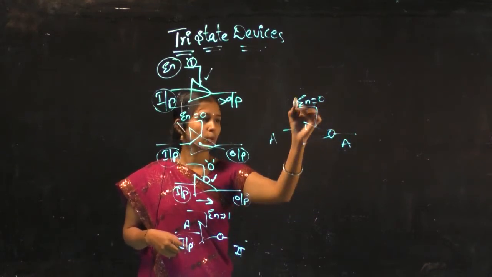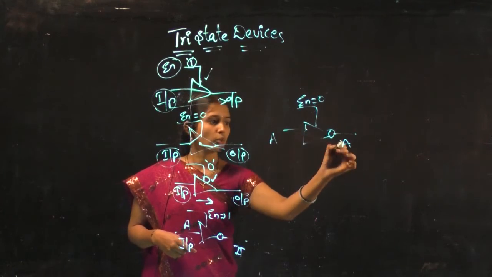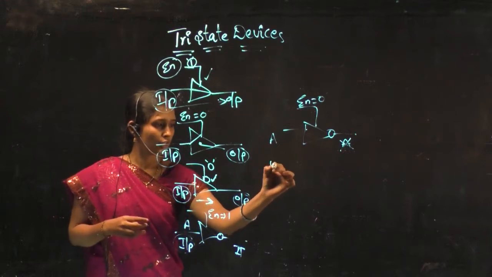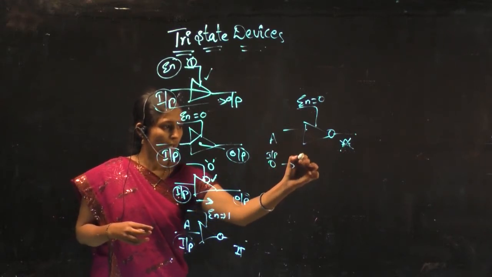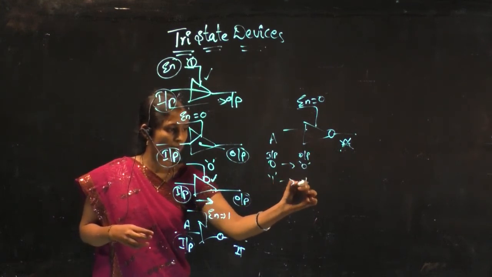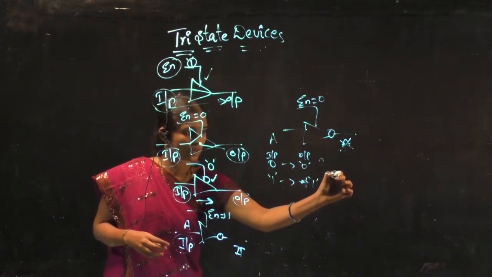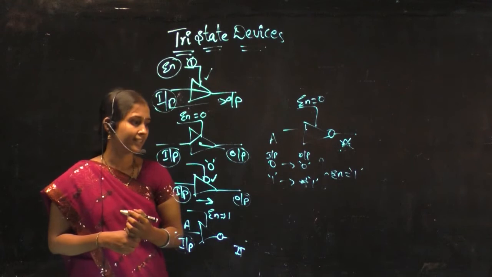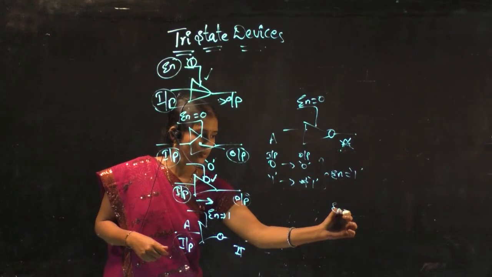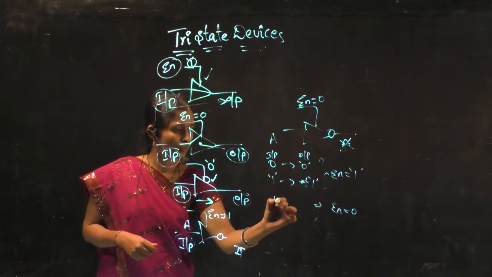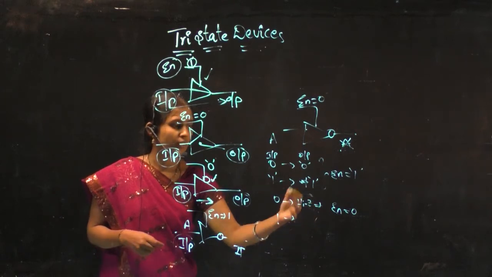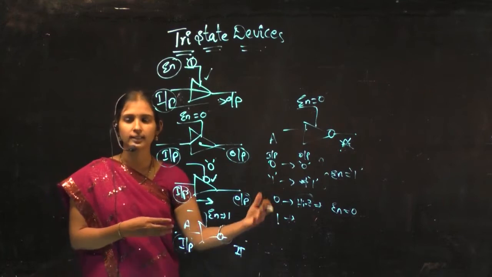As you are providing enable input equivalent to 0, it will not provide your output. If enable input is equivalent to 1, for active high buffers, if your input is 0, your output will be 0, and if your input is 1, your output will be 1. If enable input is equivalent to 0, whether input is 0 or 1, you will be getting a high Z state. This is called your high impedance state. That means you will get some value other than 0 or 1.